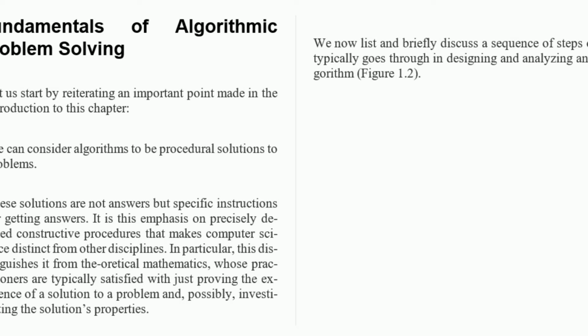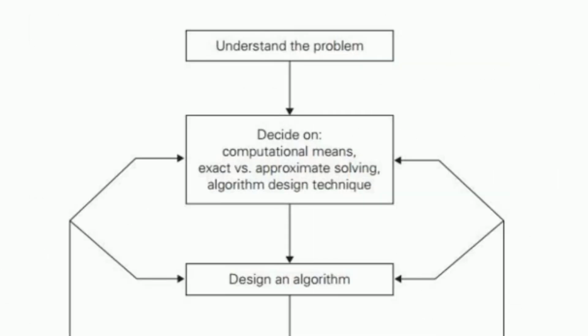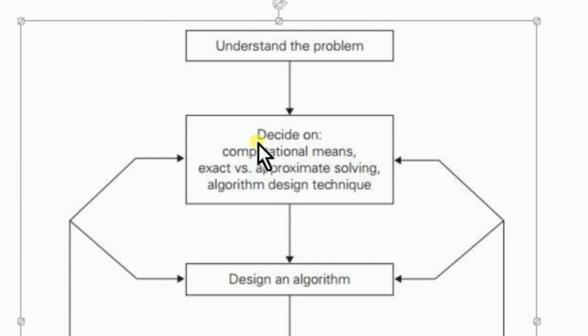So we now see what sequence of steps will come in the designing and analysis of algorithm. With a figure we will see. The first thing is understanding the problem. You have to understand what the problem is. That is the first step. When the problem definition is given, try to understand that problem. What inputs are there? What output do I have to take? What variables do I have to take? You have to decide on that. That is understanding the problem, the first step.